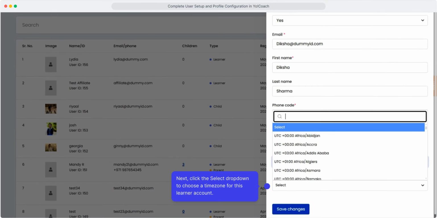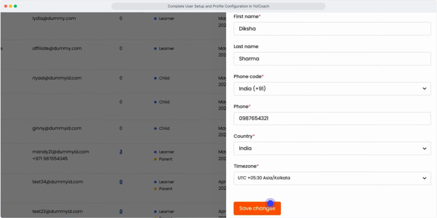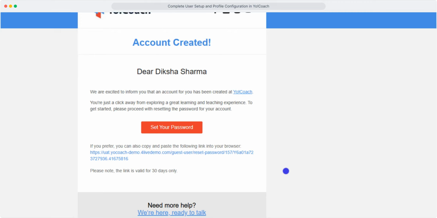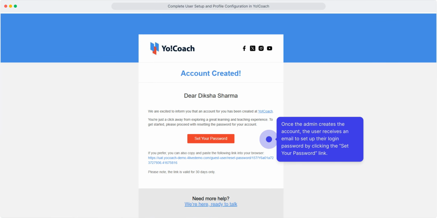Next, click the Select drop-down to choose a time zone for this learner account. Click the Save Changes button to apply all user profile updates. Once the admin creates the account, the user receives an email to set up their login password by clicking the